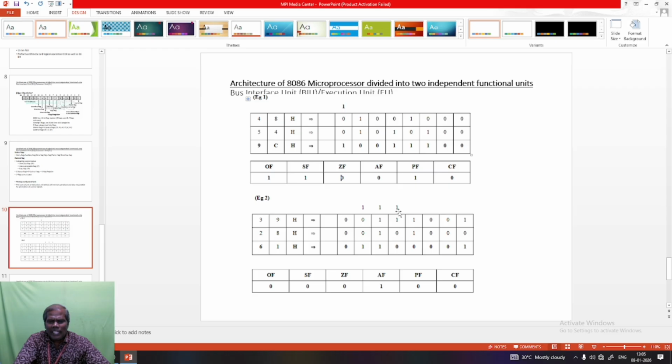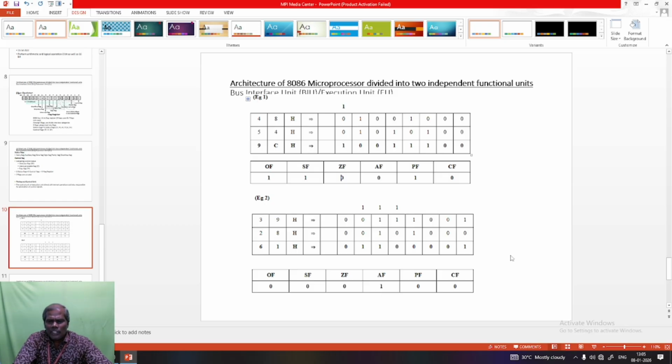So the auxiliary carry flag will be set to 1. In the previous case, no carry was going from the right nibble to the left nibble, so the auxiliary carry flag was set to 0. As far as this case is concerned, carry is going from the right nibble to the left nibble, so the auxiliary carry flag will be set to 1.